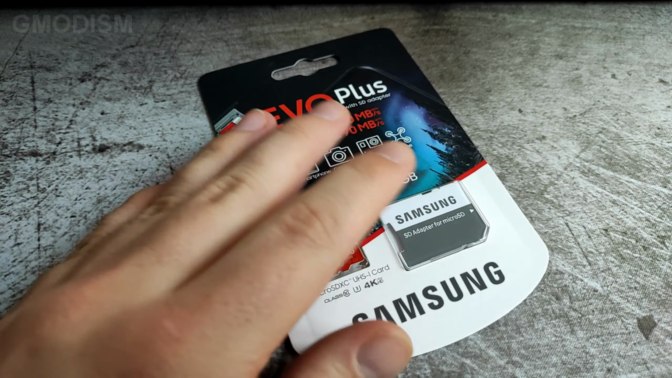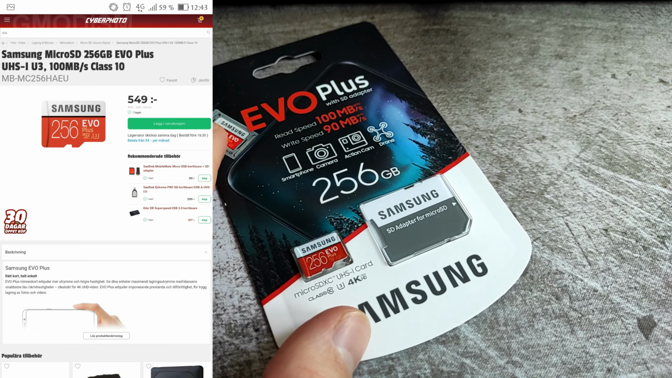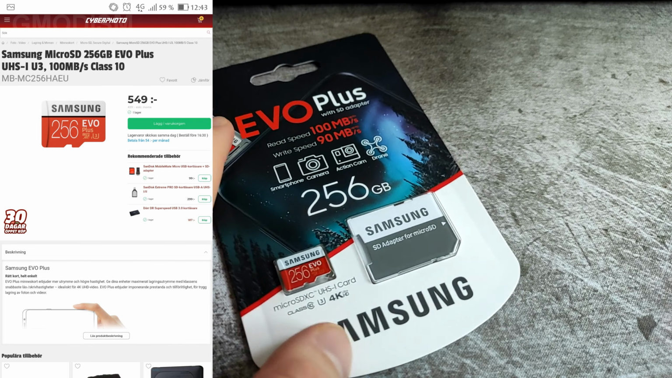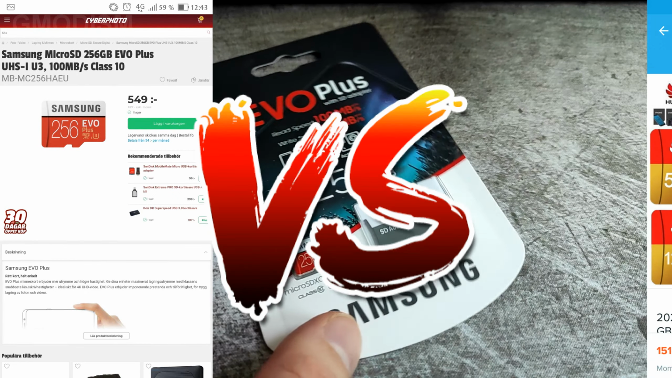This cost me 549 Swedish crowns, which is $65 by today's rating. So $65 versus $18